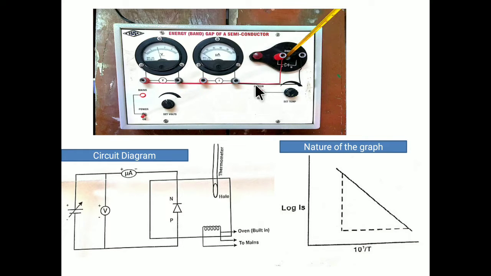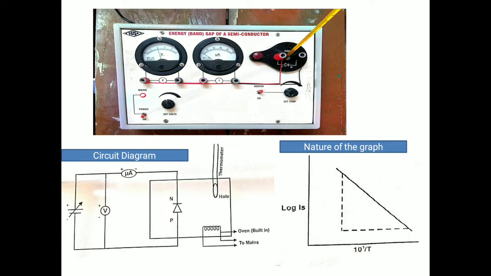I am repeating here. First, power on. As you power on, insert the thermometer and switch on this oven. As a result, there is an increase in the temperature. In the thermometer we can see the temperature increases up to 100 degrees Celsius. As it reaches 100 degrees Celsius, switch off this oven so that it will further rise to 120 degrees Celsius, and then it becomes stable.